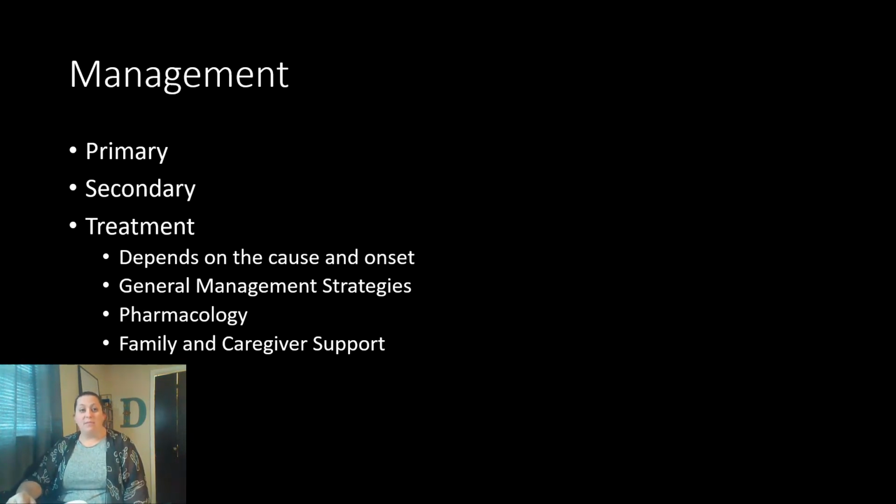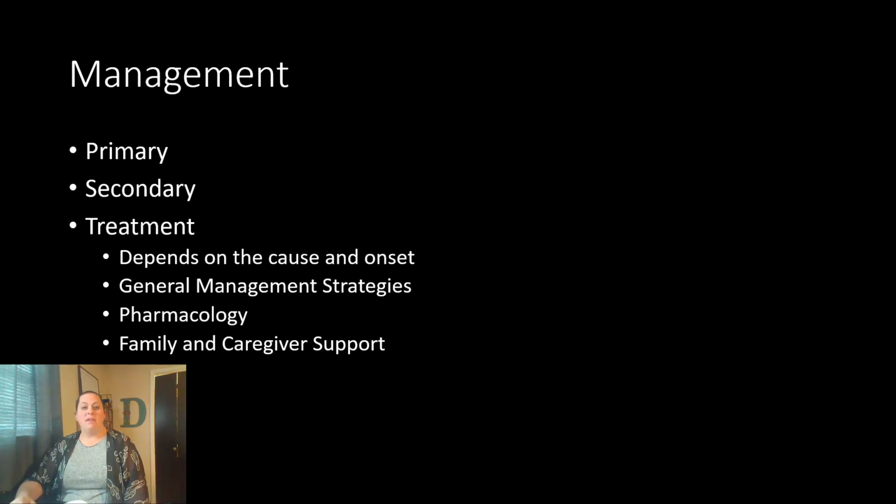Now, drug-wise, if we look at the pharmacology side of this, the treatments are going to be mostly associated to the disease. They may help control behavior changes like with sleepiness, anxiety, depression. So they might take certain medications discussed in previous types of videos. We might see that we want to give the medication to help with their agitation. So it just depends on what their symptoms are.